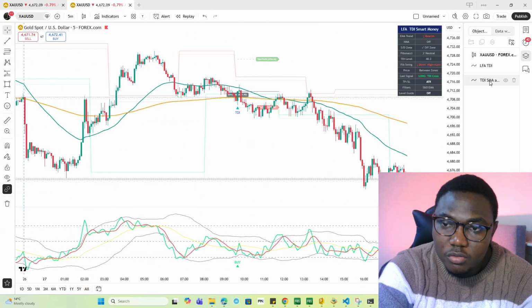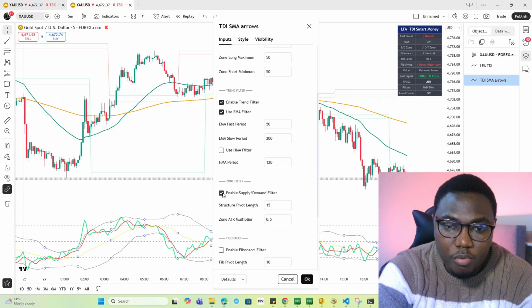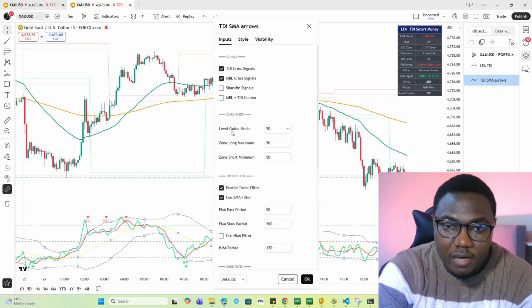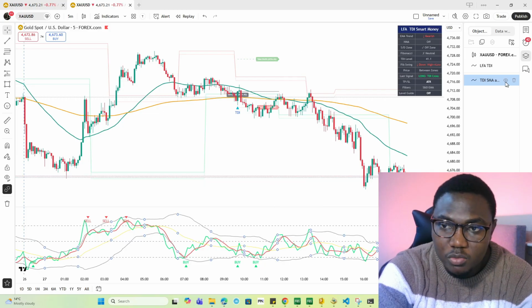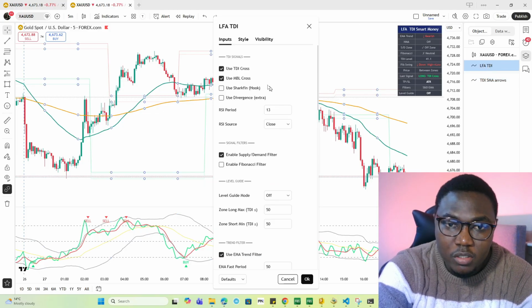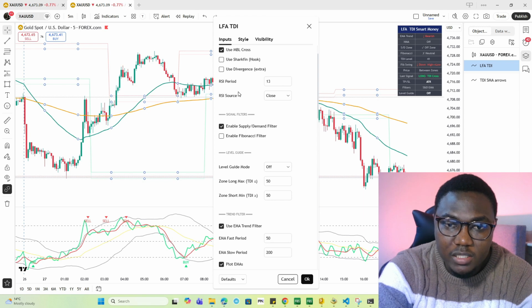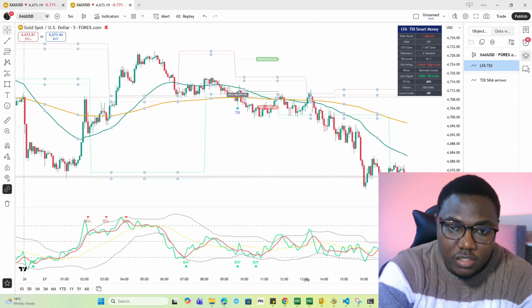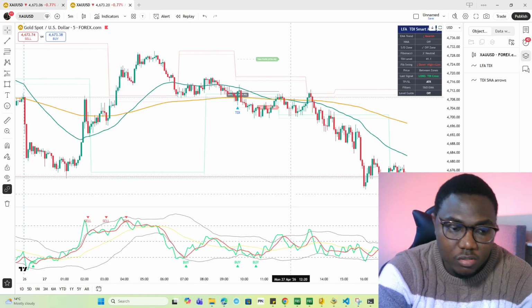Right. So what I want to do at this stage is stop the supply and demand filter. What we are doing now is we have level guide on, and we are trading with TDI cross and market baseline. That's basically what we are trading with on Smart Arrow. As for the TDI zone, we are using the TDI and the market baseline. Then we have our supply and demand, and we have level guide off. This is just to see how I use these two indicators simultaneously to filter out unnecessary trades